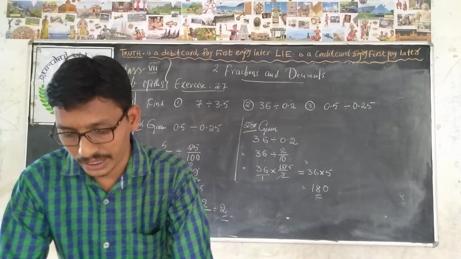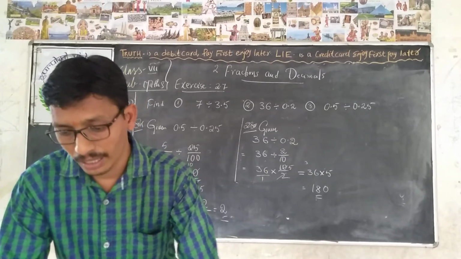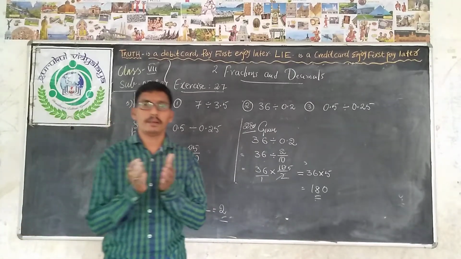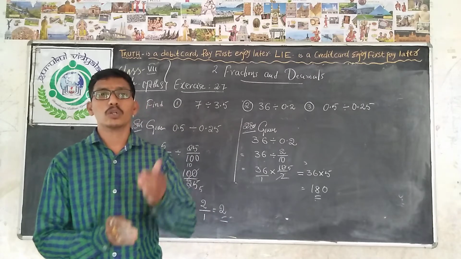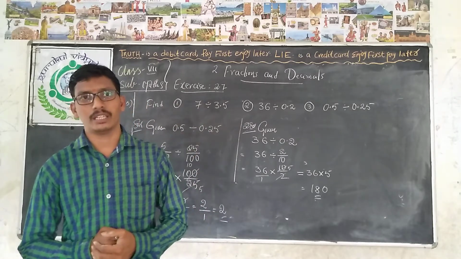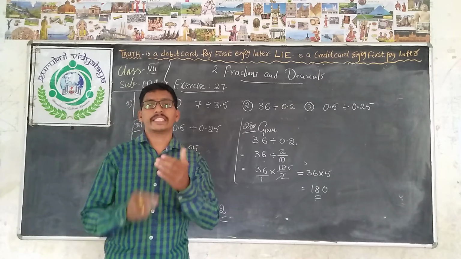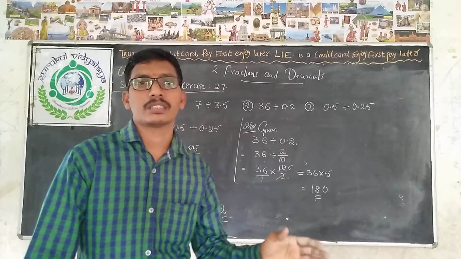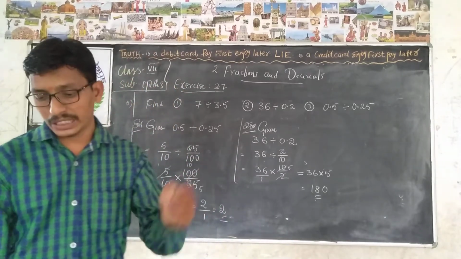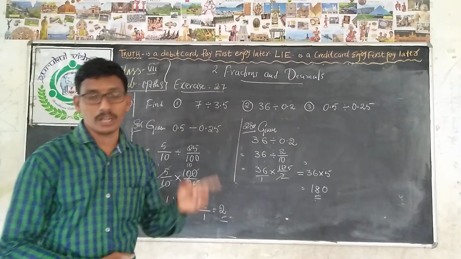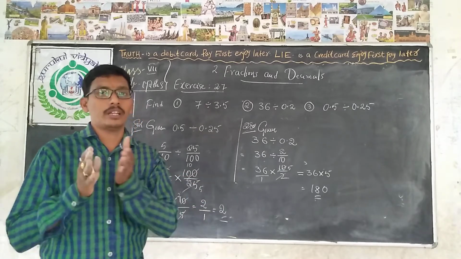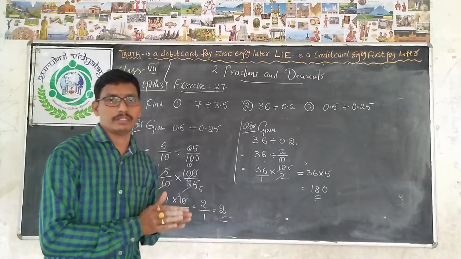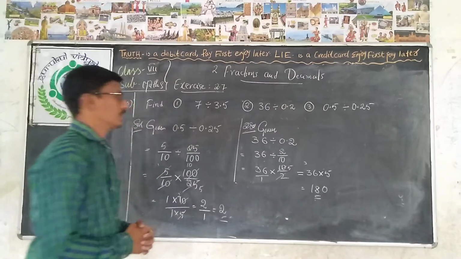A vehicle covers a distance of 43.2 kilometers in 2.4 liters of petrol. How much quantity of petrol is used in the vehicle? 2.4 liters of petrol he used in that vehicle. With that quantity of petrol, how much distance is covered? 43.2 kilometers. But what he is asking now is, how much distance will it cover in 1 liter of petrol? Suppose you use only 1 liter of petrol, how much distance will be covered? So let us find this problem. Note down.